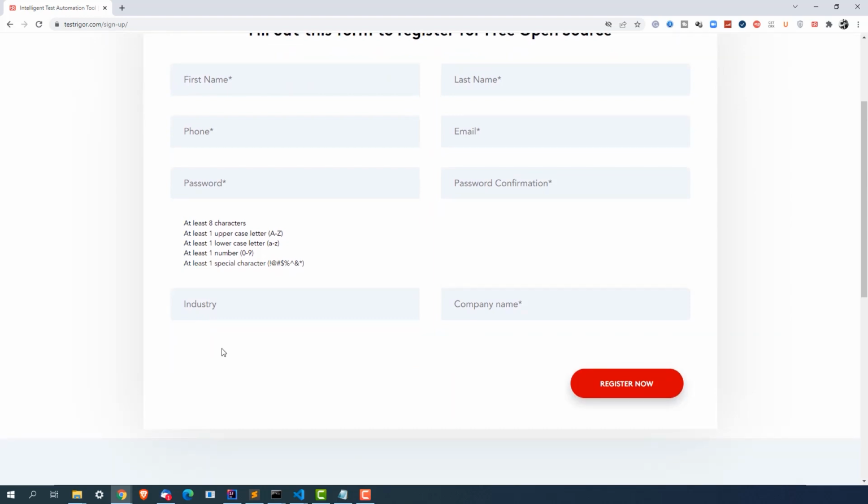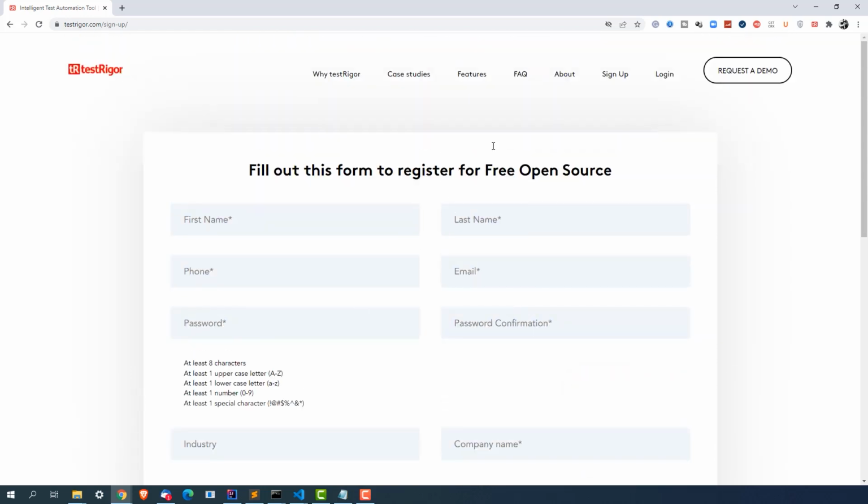You will get a confirmation mail. Just confirm your email and you can easily log in to testRigor. So let me show you what you will get after login. Let's say I have already logged in. So the moment I click on login,